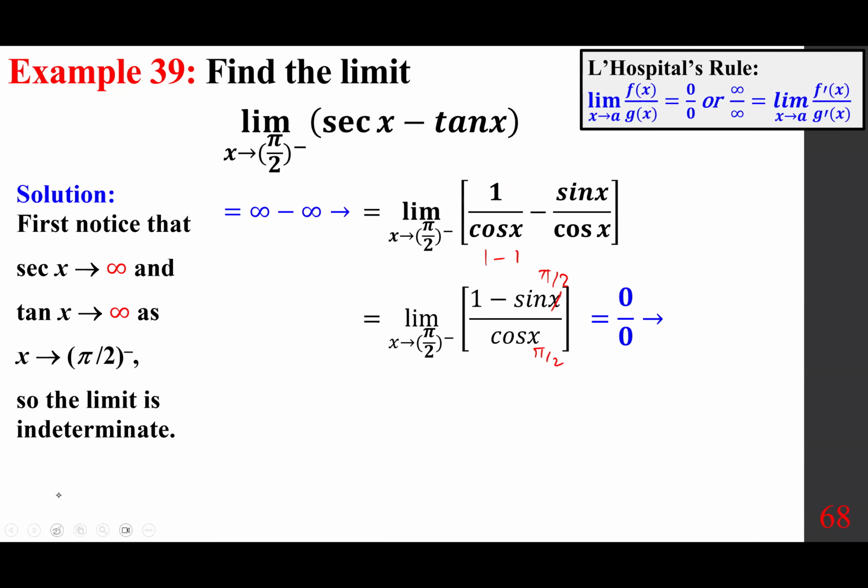We are going to differentiate the top and the bottom. This becomes minus cosine x, and the derivative of cosine is minus sine x. And you have a choice. You can plug in, first of all, negative and negative cancel each other. Cosine is 0, sine is 1, you get 0,